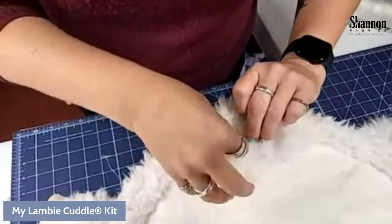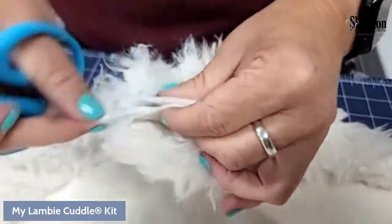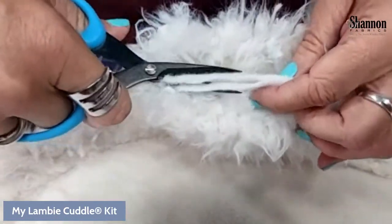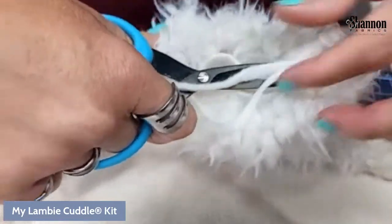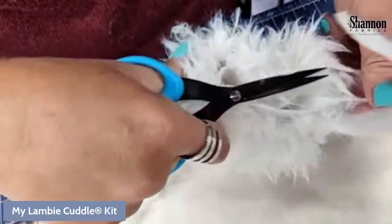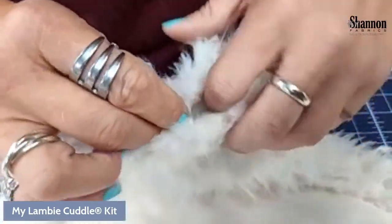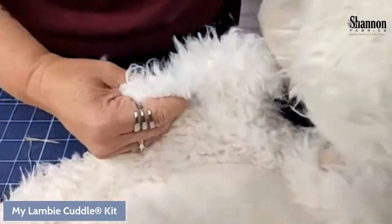Okay. So I'm going to go ahead, and this is what I was kind of wondering, if I would need to cut this batting down just a little bit, and I am. I'm just going to cut it down just a little bit, just so it doesn't argue with me and get in the way. I want it to kind of get caught underneath all the nap there, those fibers. So I'm clearly just whacking it out. Okay. I'm going to kind of fold this up because the fabric wants to roll in a little bit because it just went through a lot. Now this gets stuck onto here. So